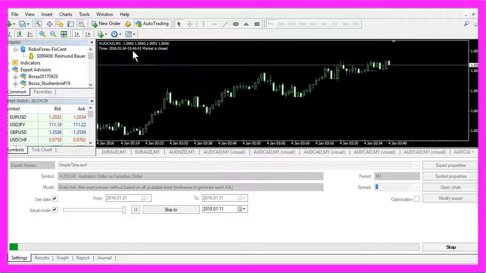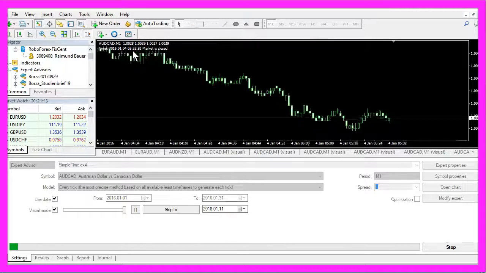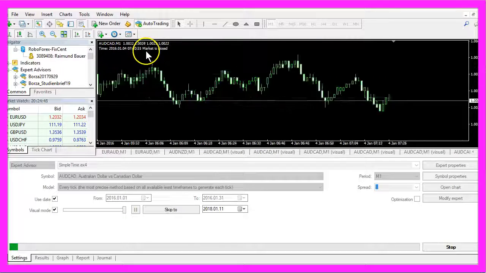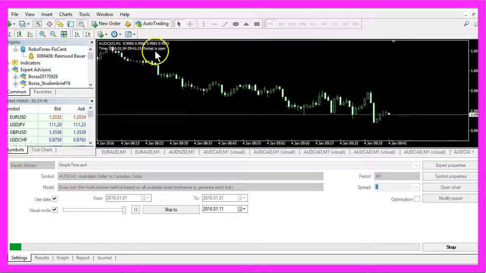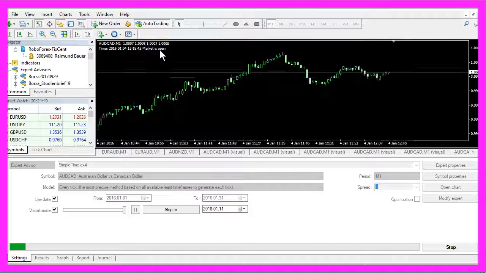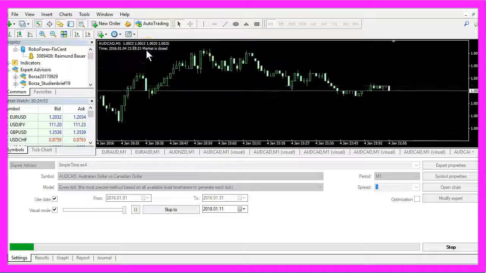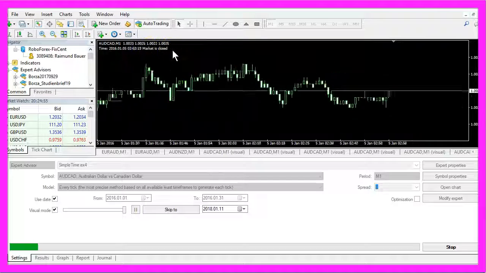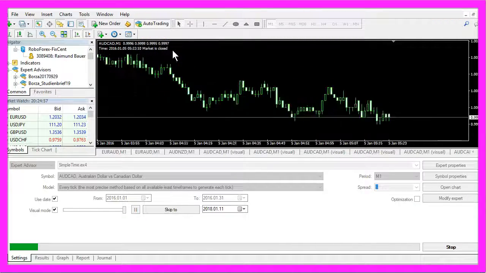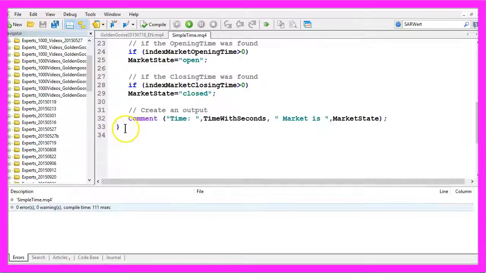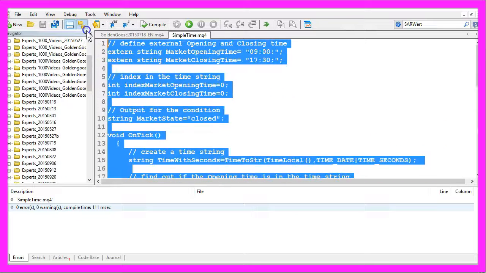That should be the case in a few seconds now, and then it will change to market is open. And it did. So now you know how to find out the market open and closing time, maybe to use it for entry and exit signals, and you have calculated it yourself with a few lines of MQL4 code.